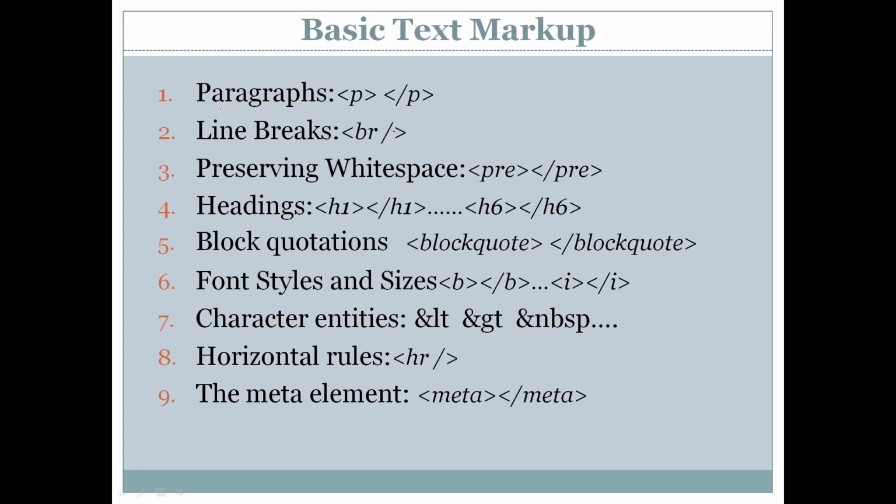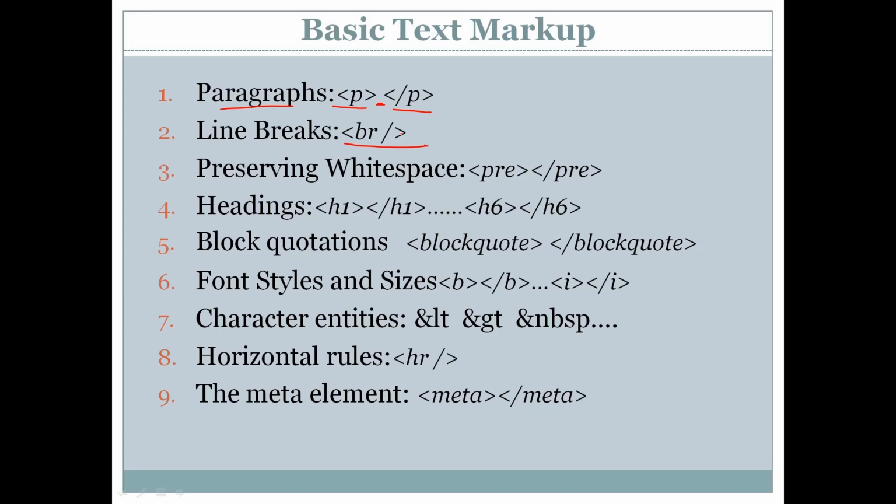First is the paragraph tag. As the name suggests, paragraph tags are used to display a paragraph of text in HTML. The tag looks like this. In angular brackets we have P. Then we include the content which is to be displayed in the paragraph, and then the closing paragraph tag. So the paragraph tag comes in a pair, that is open and close. Then we have a line break. The tag is BR. Again, there is no closing tag for this because the BR tag does not include any content.